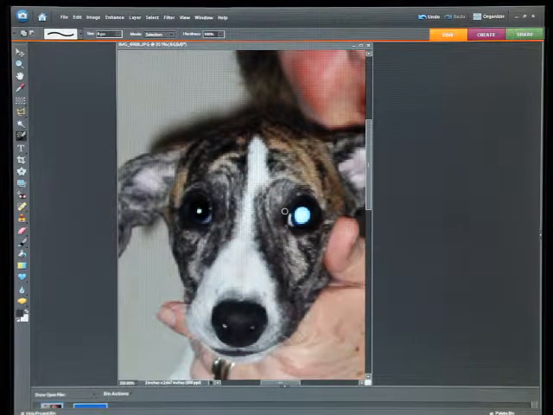Now, if you want to get really expert about it, the center area here, this catch light that we've created, isn't really white. It still has a tinge of the aqua, because remember we subtracted the catch light, the pupil of the eye, from the larger selection. So when we desaturated, the perimeter here was affected, but the center, the catch light, the color was not sucked out of that. So if I like, I can go back to my selection brush, reselect just that catch light, that little tiny circle, go back to the Enhance menu,